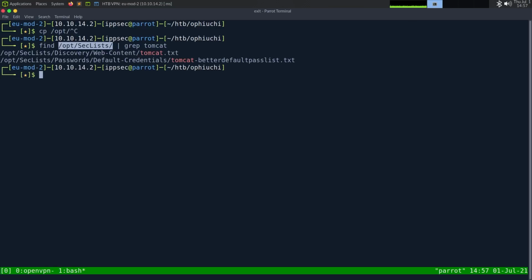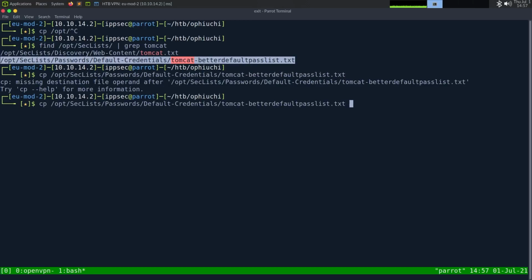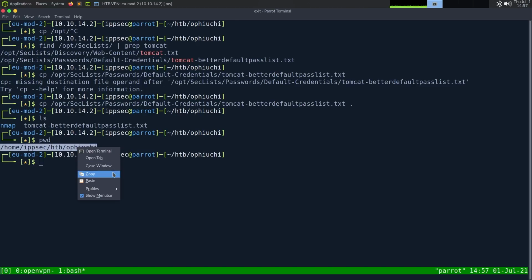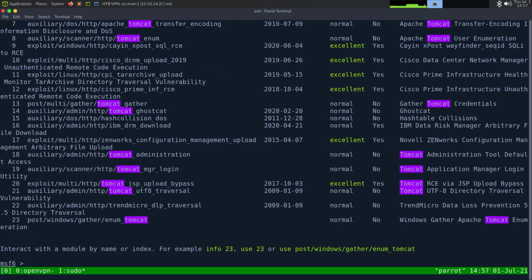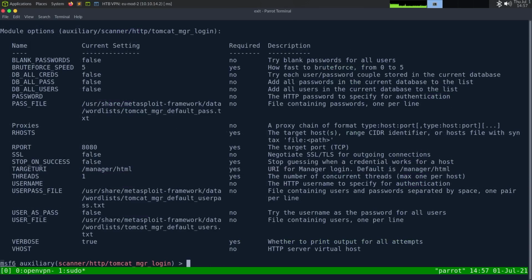I'm going to grep for Tomcat. And based upon these two, better default pass list is probably what I want to use. So let's copy that in my directory. And let's see, pwd. I'm going to copy this whole thing. We can do sudo msfdb run. We have the database already started, but it is starting. I'm going to do search tomcat, and at 19, I see Tomcat Manager login. So I'm going to do use 19, show options,